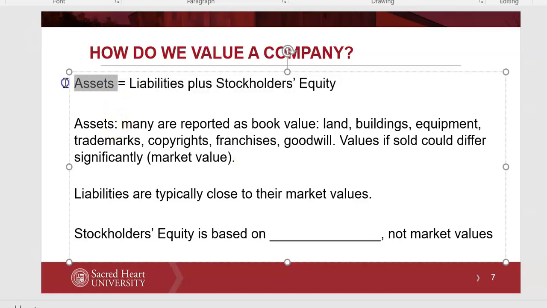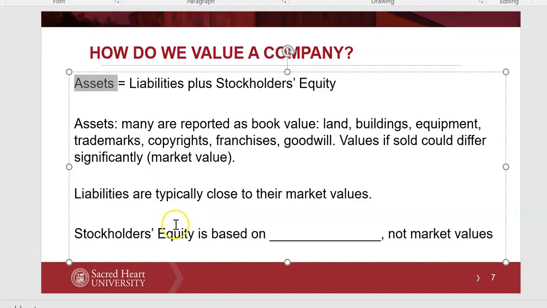Well, think about assets as being a measure of the company's value. Assets are reported at book value: land, buildings, equipment, trademarks, copyrights, every asset that you can think of. We're reporting them typically at the amount that the company paid for them. And then, of course, with buildings, equipment, and intangible assets that can be amortized, we're depreciating them over time. So we're not just using the book value, but the net book value. So if we sold the building, or sold a copyright, of course we could get way more than is listed on the balance sheet, or perhaps way less,